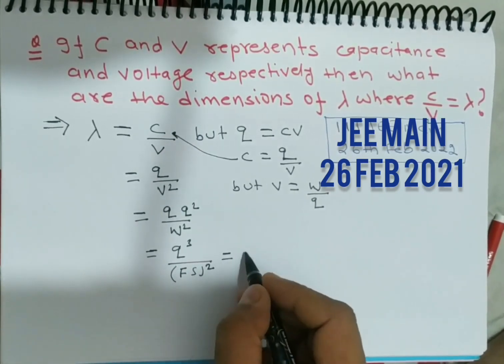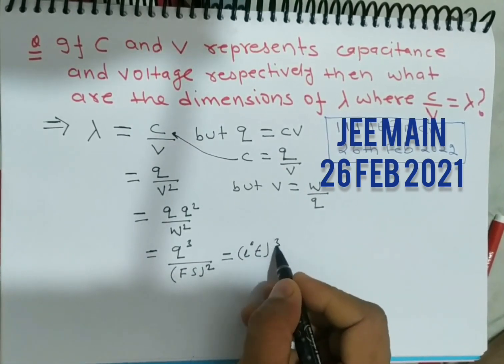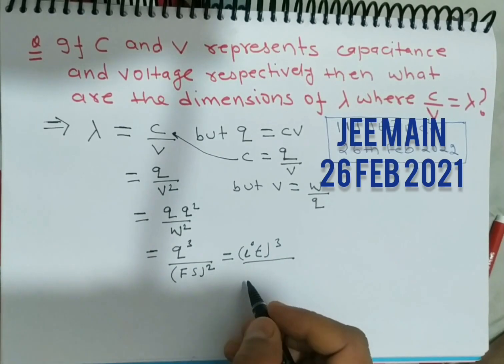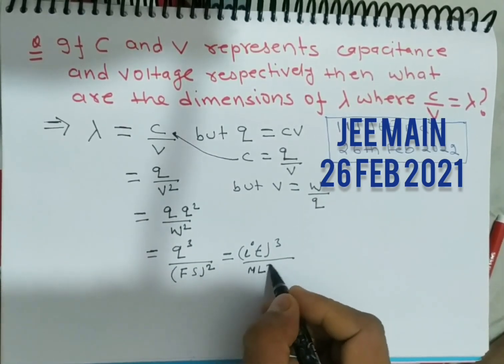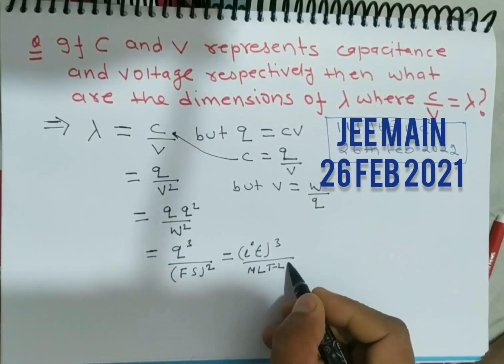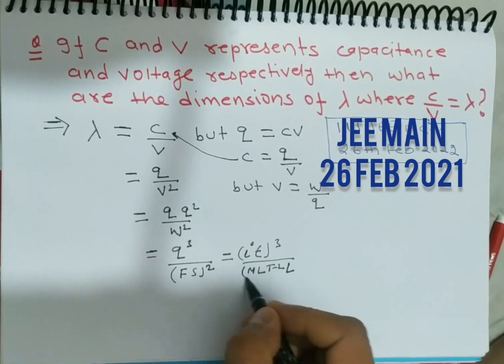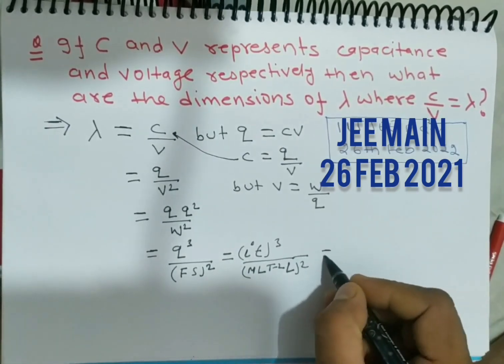Now we know that Q equals IT, and the dimension of force equals M L T to the power minus 2, and this is L, and now it is squared, so it becomes